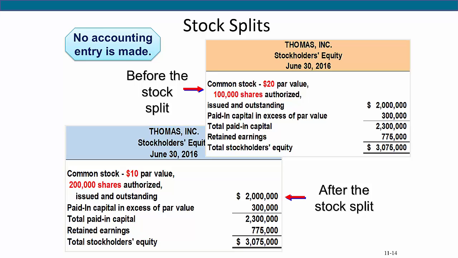Common stock still has a balance of $2 million. Both the paid-in capital and retained earnings accounts are also unchanged by a split, and no journal entry is made. The only effect on the accounts is a change in the stock account description. Thomas Inc.'s 2-for-1 split on its $20 par value stock means that after the split, it changes its stock account title to common stock, $10 par value. This stock's description on the balance sheet also changes to reflect the additional authorized, issued, and outstanding shares in the